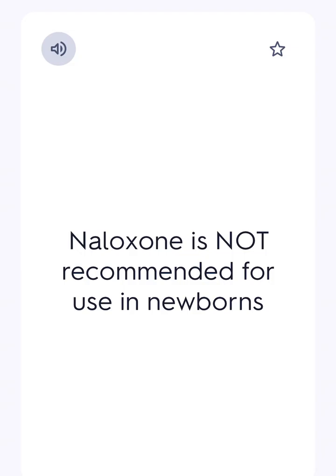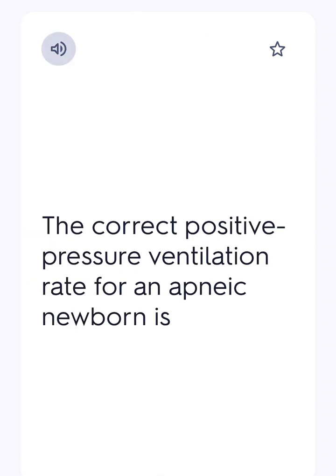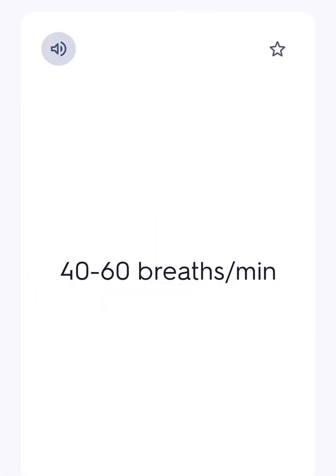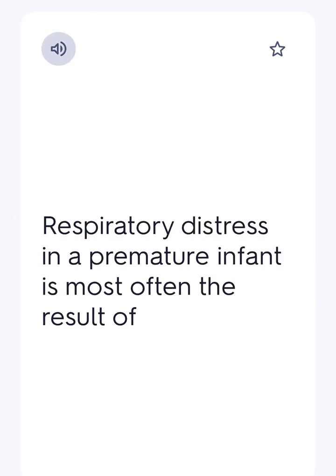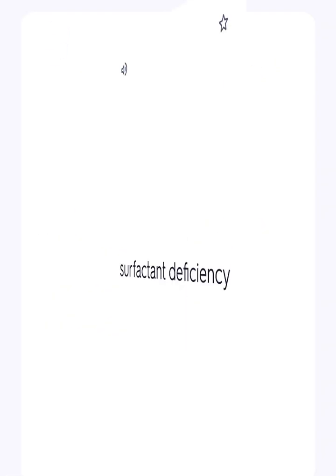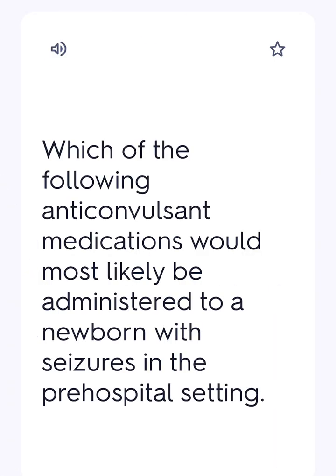Naloxone is not recommended for use in newborns who are born to narcotic-addicted mothers. The correct positive pressure ventilation rate for an apneic newborn is 40 to 60 breaths per minute. Respiratory distress in a premature infant is most often the result of surfactant deficiency. Which of the